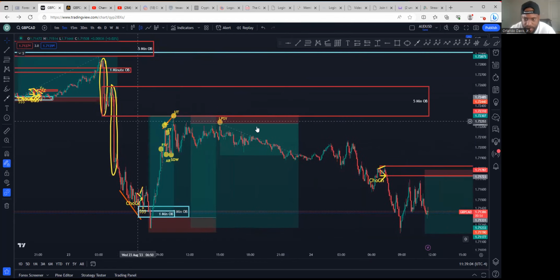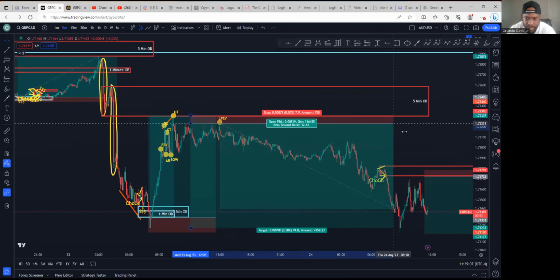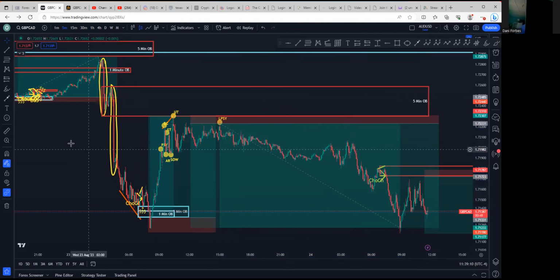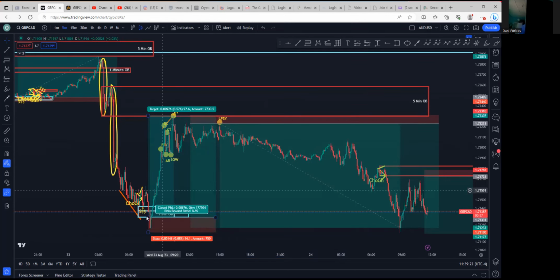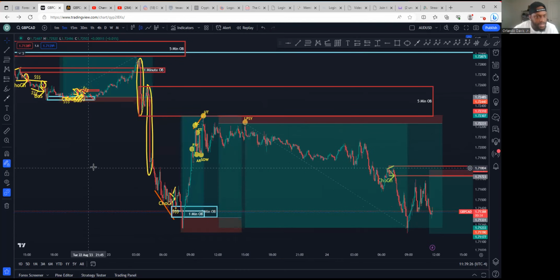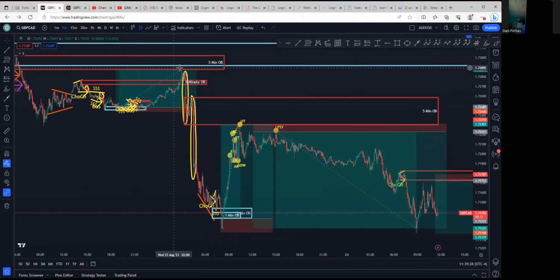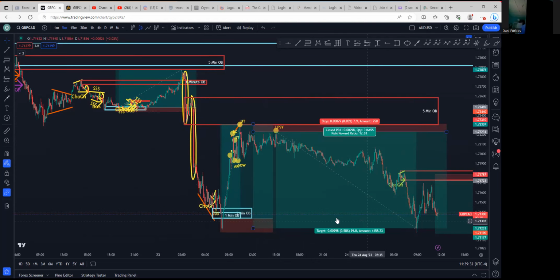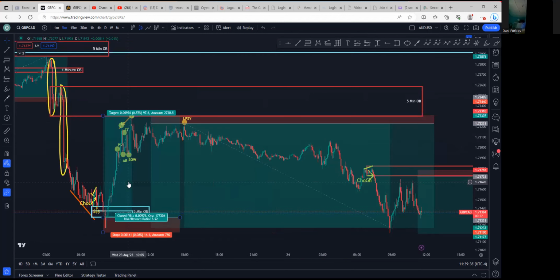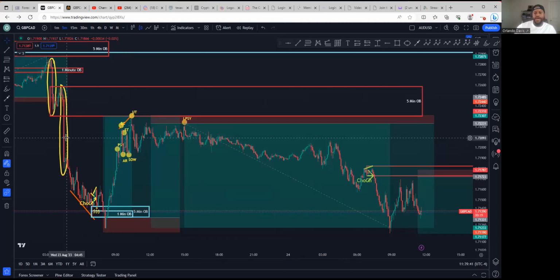Look at this. Look how precise that entry is. And that TP would have hit had I held it, because I closed it out. I closed it out because I was in my demo account, but had I held it right here, that's a ping pong. Bam, it was a buy, it was a nice sell, it was a buy, it was a sell. Do y'all understand as to why you would have gotten in that trade for a sale? Does anybody not understand?